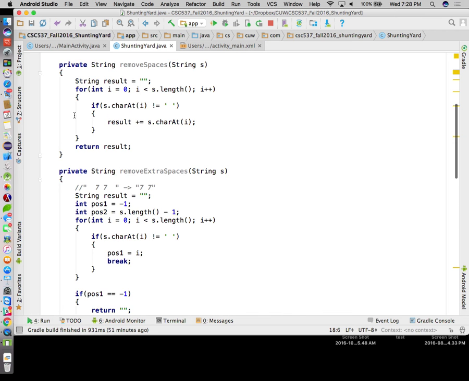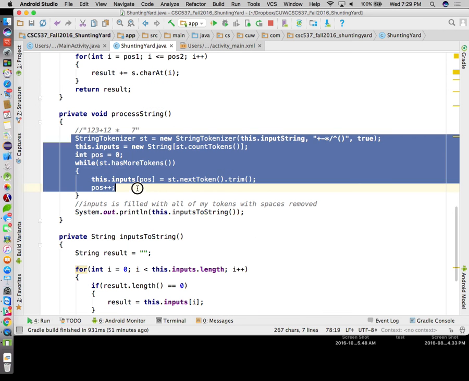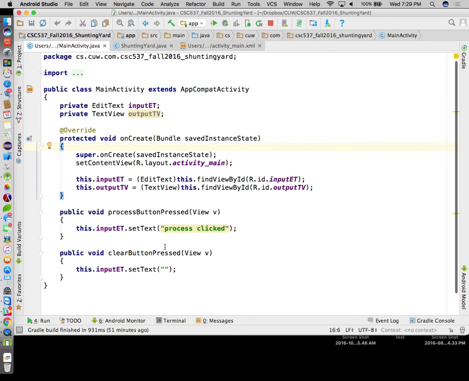And as part of that, when it processes the string, it's going to go and get all of our tokens and then ultimately print this out to the screen. Not to our Android device screen, but to the console, like a log file thing. Okay? So let's go back into main. When our process button was clicked, we want to go ahead and get the value that's currently inside of input ET and create our